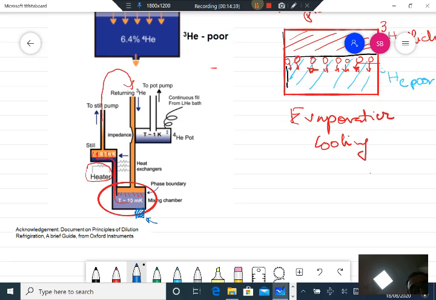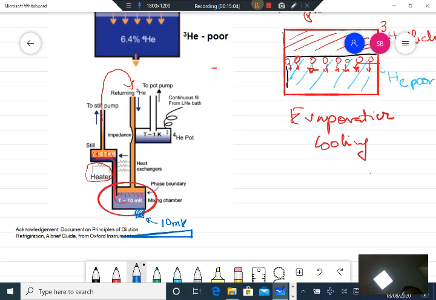Here, if you fix your sample on this stage, as I am showing here, you can cool the sample down to about 10 millikelvin. And this is the principle of the dilution refrigerator. It's a very interesting refrigerator where one uses the principle of phase separation of helium-3, helium-4 in the superfluid state and uses it to do evaporative cooling to bring down the temperature.